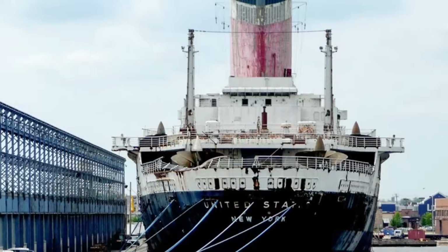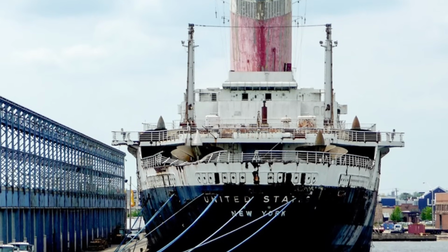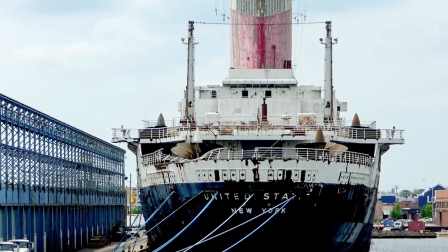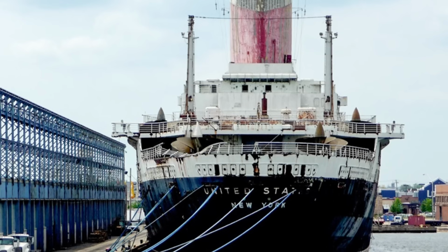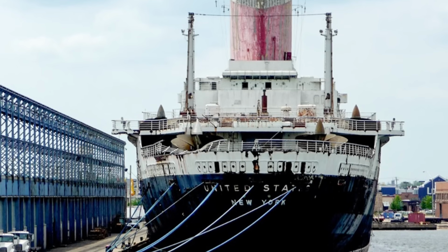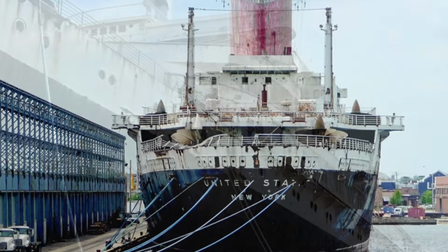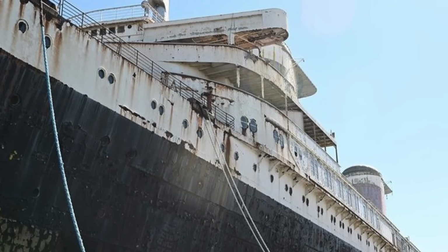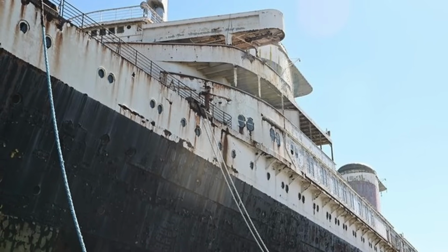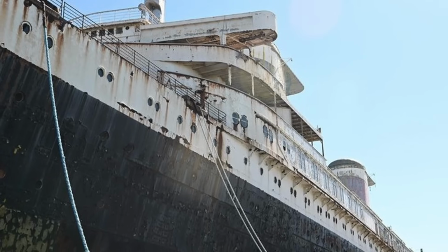The former Great Liner will be, quote, the world's largest artificial reef in tandem with the Conservancy's land-based museum and visitor center. Tens of thousands of people visiting annually from around the world will experience her and learn her story both on land and as a vibrant habitat for marine life. Once deployed by Okaloosa County, more people will be able to visit and learn about the ship in the space of 1 year than have had the opportunity since she left seagoing service more than half a century ago, claimed